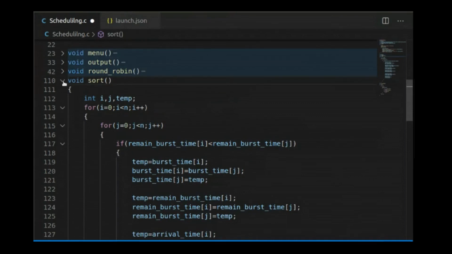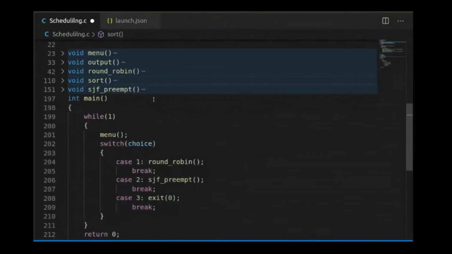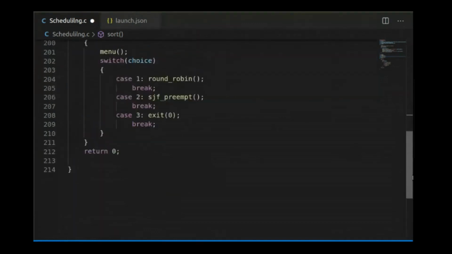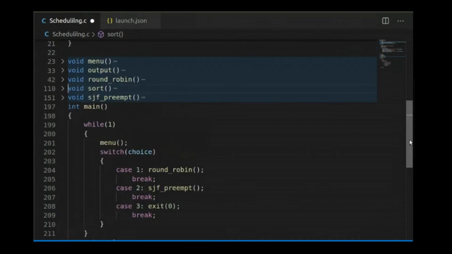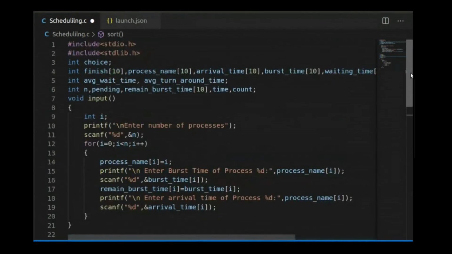I will share the PDF of this program with you. Understanding this program, which has 214 lines of code, is not that difficult, but yes, it is very logical. If you start writing a program, ultimately you can understand it. Okay, now how much time do we have? We have enough time, so I will just show you the stepwise execution of the round robin algorithm.